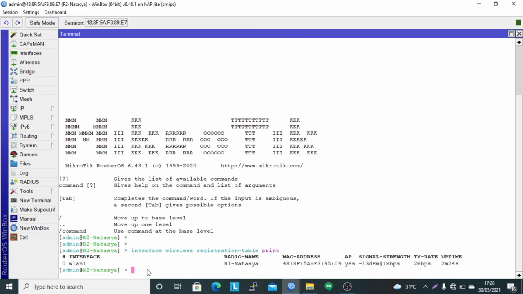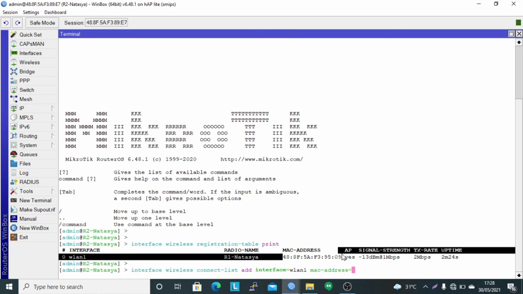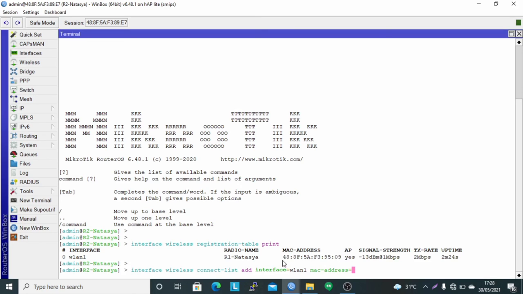Then register the router 1 MAC address in the connect list to prevent router 2 from connecting to other access points, with the command interface wireless connect list at interface WLAN 1, MAC address in here is the MAC address from router 1.